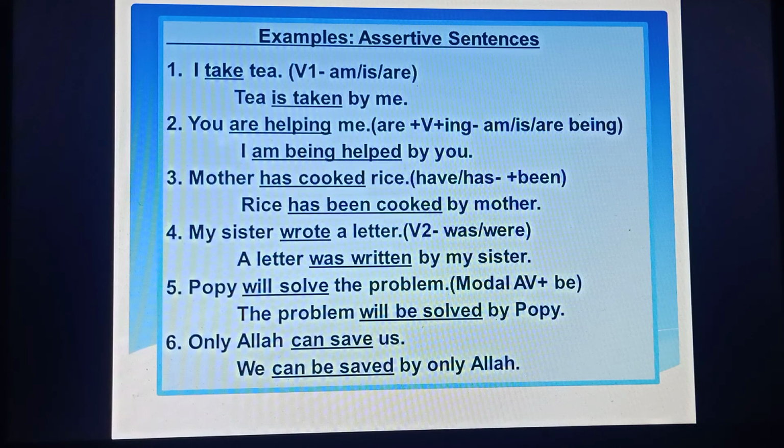So I hope you have got some idea about changing voice from active to passive voice. So this is all about assertive sentences. In my other videos, I'll show you how to make changes from assertive to interrogative, or how to change imperative